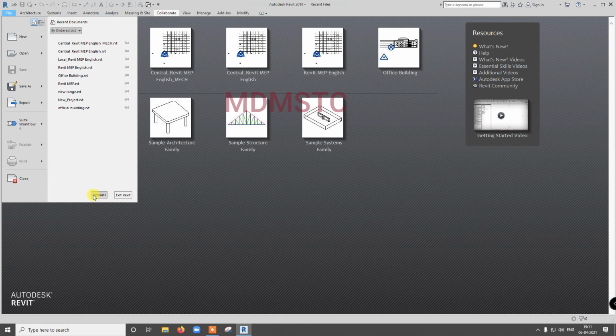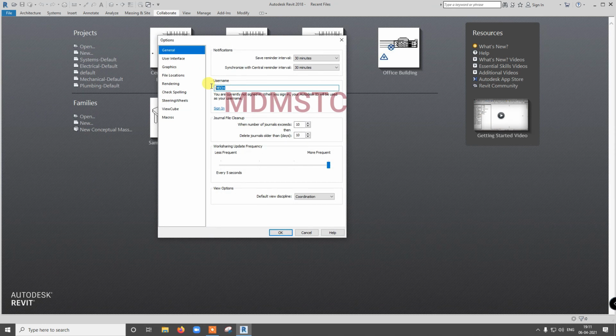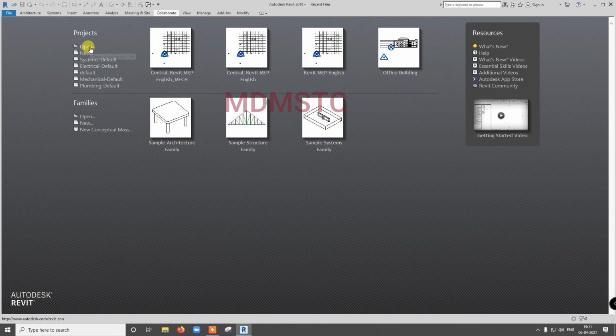So go for the File option. I have already changed the username to mechanical. You can give any username, because we are working on the same system. That's why we need to change the username. If you are using different servers and local systems, there is no need to change the username, because they might have already assigned you one. Automatically, the name you are logging in with is added here. If you are logging in as mechanical or electrical, that username will automatically be taken. Here I just changed it to mechanical.